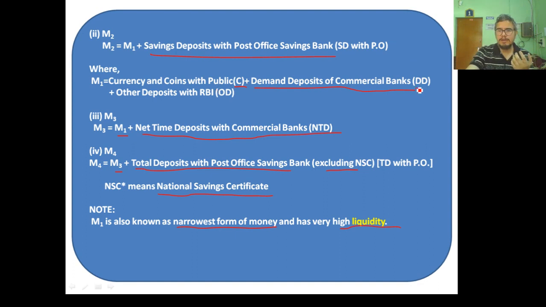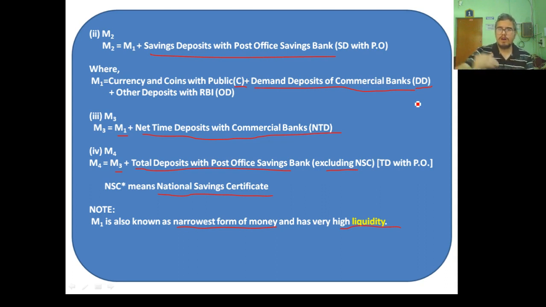Next, demand deposits. If we see demand deposits, nowadays we have so many options to make payments. We can make payments through mobile banking, we can make payments through card, swiping it or tapping it. Nowadays we have a technology which allows us to just tap the card and make the payment. We have some other forms of wallets nowadays, that is mobile wallets, in which you can transfer the money from your bank account and then use that money for making purchases. So this is the reason why M1 is highly liquid. That is the reason why it is known as narrow money.